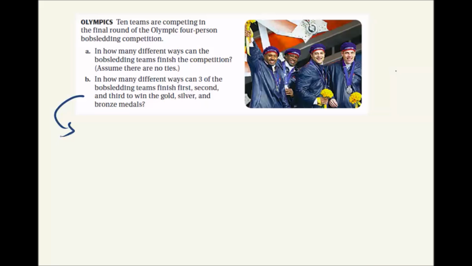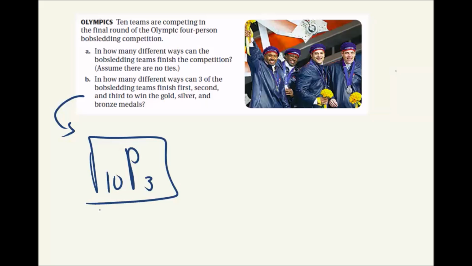Now, the way I described it is the way you should probably think about it, but really what it's called is the number of permutations of 10 objects taken 3 at a time. So the way we express this in mathematics is, of 10 objects, we want the permutation of 3 of them, which is really 10 times 9 times 8. However, the way we express it is we put 10 factorial over the number of total permutations minus the amount we want,